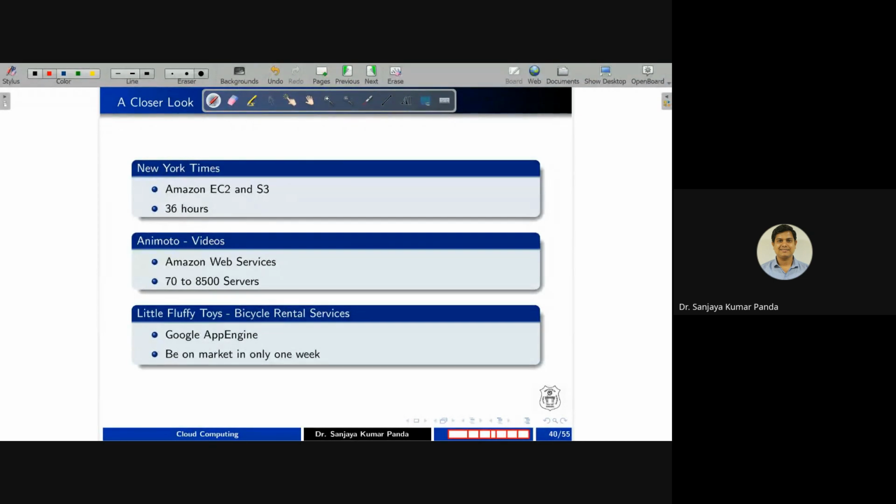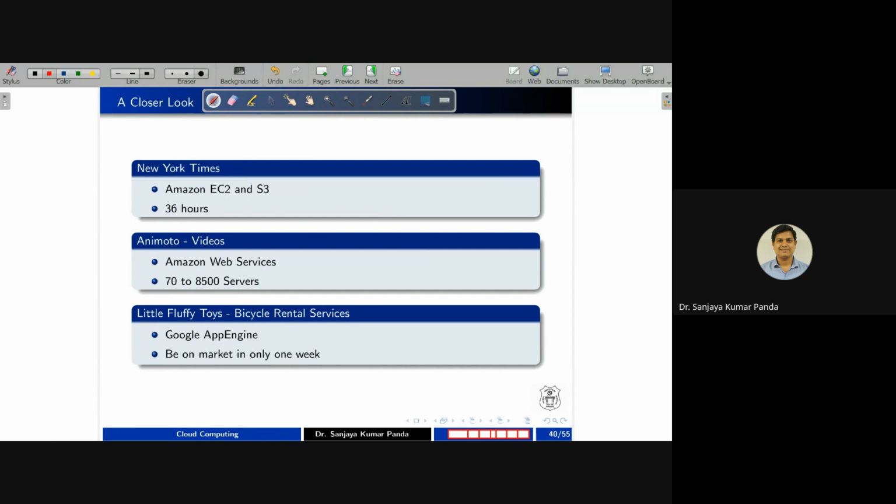Elders, if you remember, if you wanted to visit a new city and hire a scooty or a bicycle, you had to go to the nearest location and submit an ID proof like an Aadhaar card, and also give some money, and they would give a bicycle or a scooty for 1 day or 2 days based on your agreement. The similar kind of thing is done by Little Floppy Toys. It is able to tell customers that here is the bicycle rental service. So they have taken Google App Engine as a service, and they were in the market within 1 week.